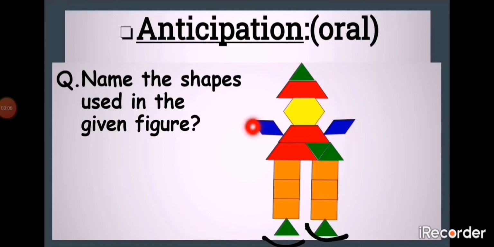Now look at its ends. They are made by, again, a shape. Can you tell me this shape? 4 sides, 4 corners, all same. Its outlines look like a diamond. So we can call it a diamond shape. So it's a robot made by shapes, or a figure made by shapes.